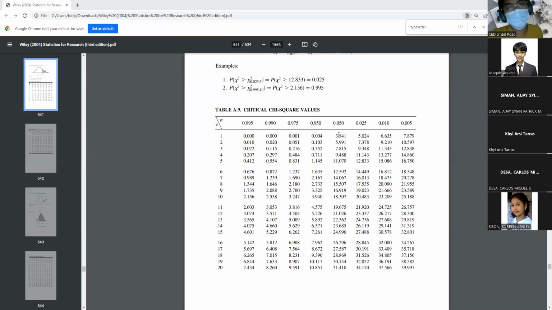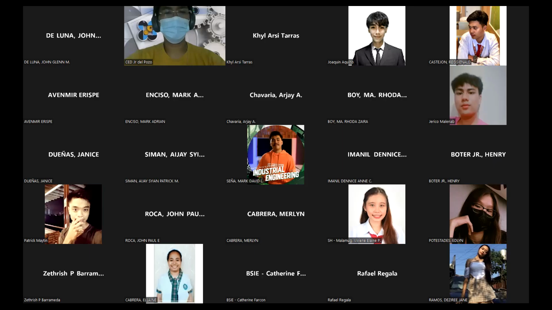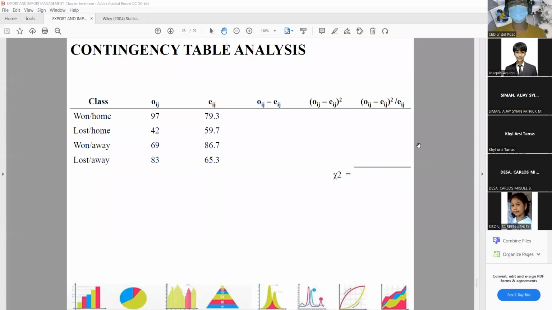Sa table natin, that is 3.841. So, ilan kaya yung value na nakuha nga natin dito? Mabot siya ng lampas, no? Ay, nakuha natin doon 4.8, 3.61, 5.25, 3.95. So, yun. Kung mas malaki yung value na nakuha natin over the value ng table, then we reject the null